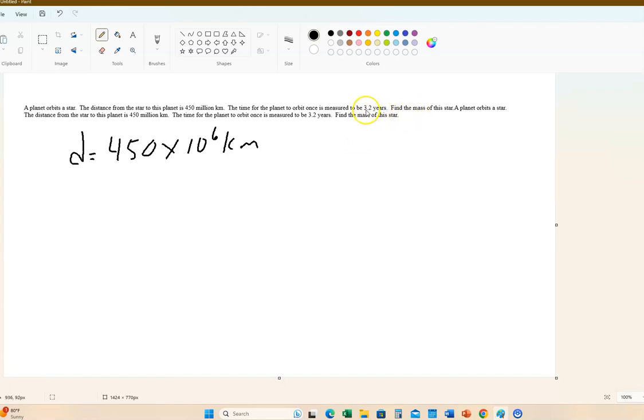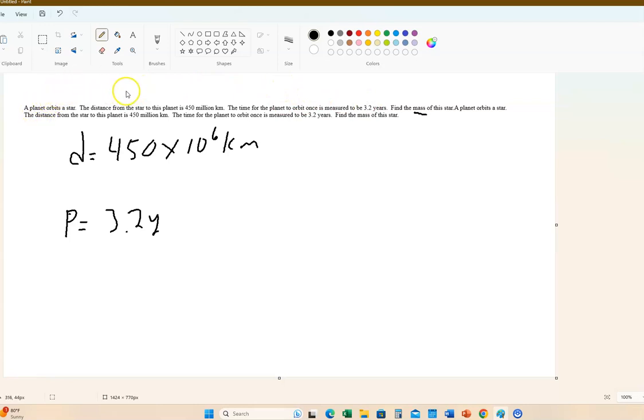So we know the period, right? The period is 3.2 years, and we want to find the mass of the star. That's the key thing. Let's write down the period. I'm going to write it down here because we're going to do a little conversion in just a moment. The period is 3.2 years. So to find the mass, and remember, that's what we're looking at,